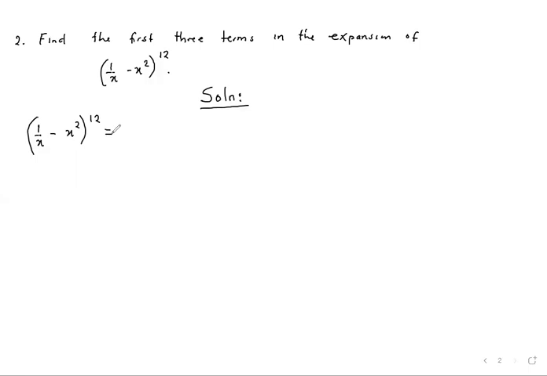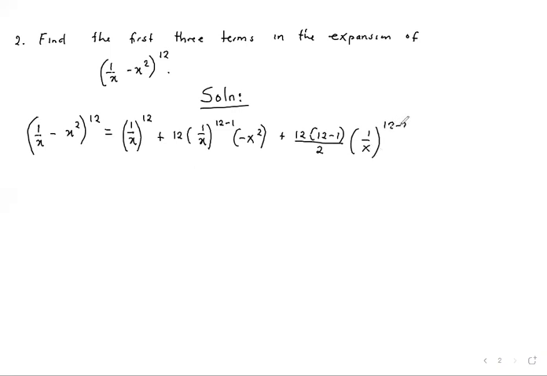So I will use the already known expansion: 1 over x, which is my a, to the power 12, which is n, plus n times 1 over x to the power 12 minus 1, negative x squared, plus 12 minus 1 over 2, 1 over x to the power 12 minus 2, negative x squared,